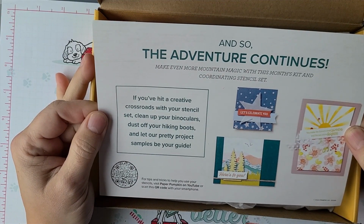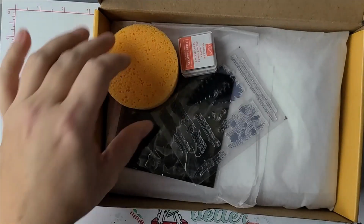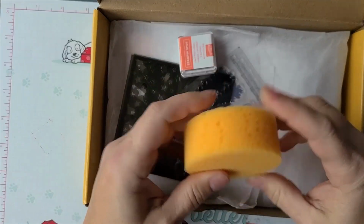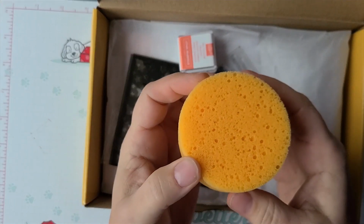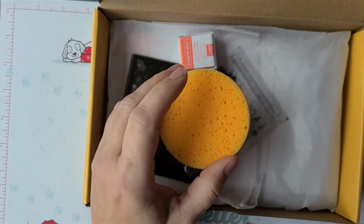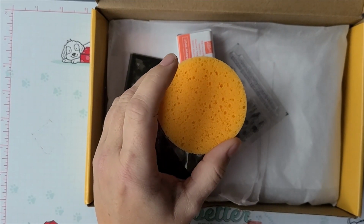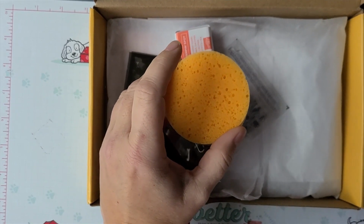All right, so this is the birthday kit, which means we get free stencils. And a sponge, look at that. So we get a sponge. I will tell you with these sponges, I cut them into quarters. And let's see if I have it handy. Another tip with these sponges that I have enjoyed over the years